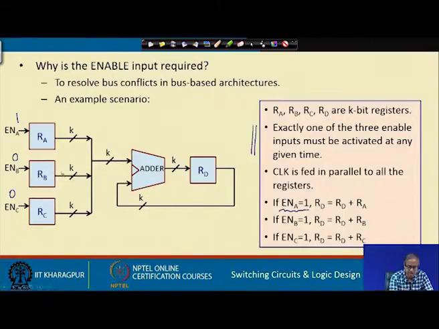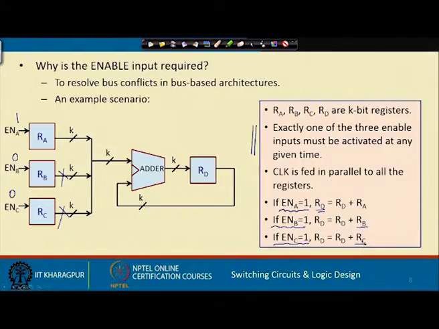here, because RA and RB are electrically disconnected, they are in the high impedance state. So, RA will be coming to this adder input and the other input is RD. So, RD will be getting added to RA and the result will be stored in RD. Similarly, if enable B is 1, then RB will get added, and if enable C is 1, then RC is getting